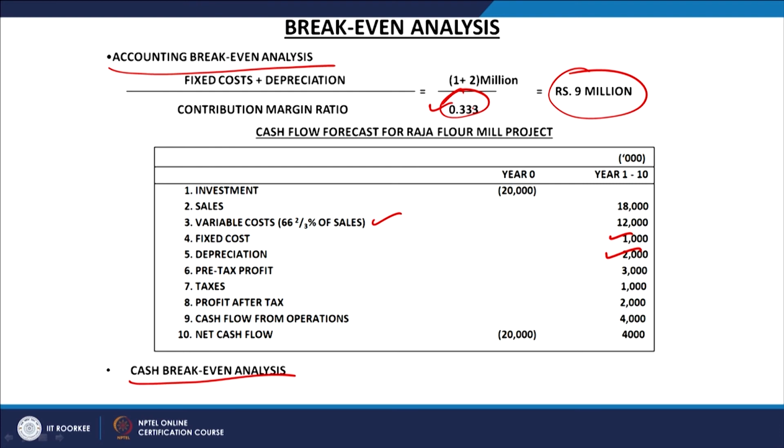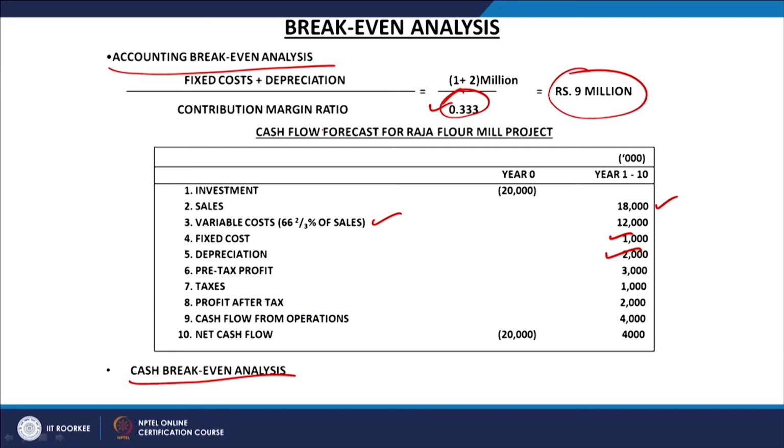How much sales are we making in total here? The total sales expected are 18 millions every year, but after making sales of 9 millions we will be at the break even point, and the remaining 50% of the sales we make after that will give us the profitability. So, this is the concept of the accounting break even point. If you are satisfied with this 9 million, then fine, go ahead. But if reaching 9 million will take a longer time, we will have to look for improvement.